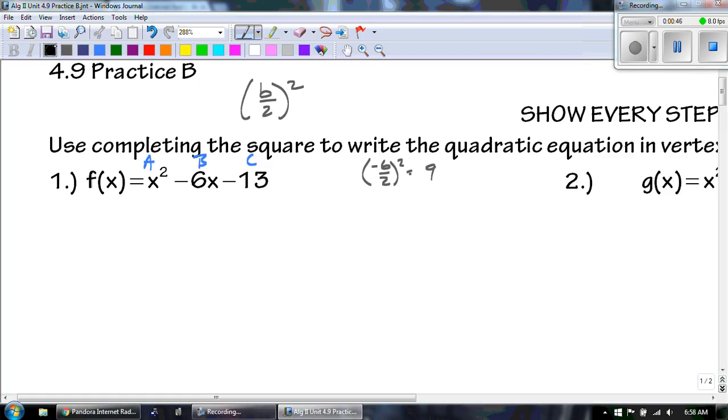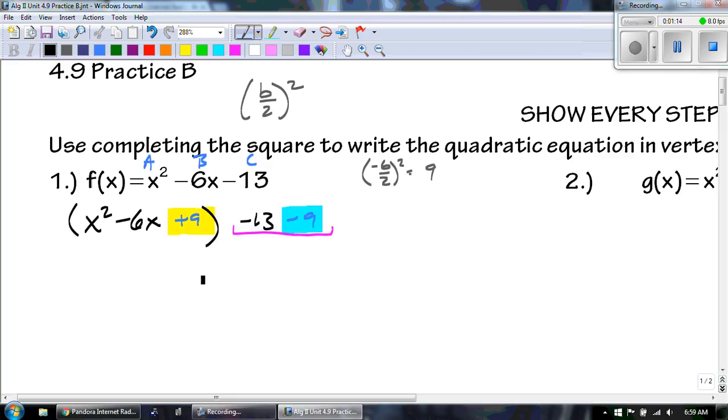9. Good. So when we start to rewrite this, we have x squared minus 6x, and we need to create a little space right here. Then we have the minus 13, and then we have a space in the back. And this is where we put that plus 9 and then the minus 9. And we treat these like two separate